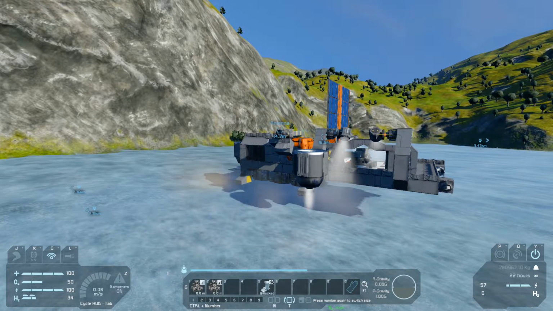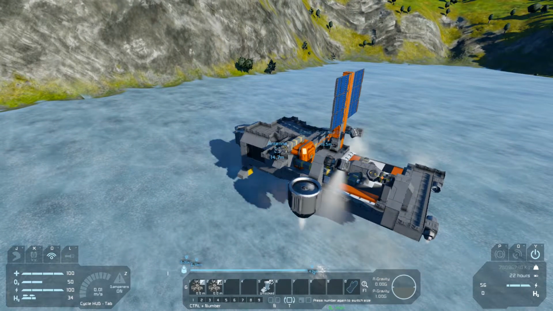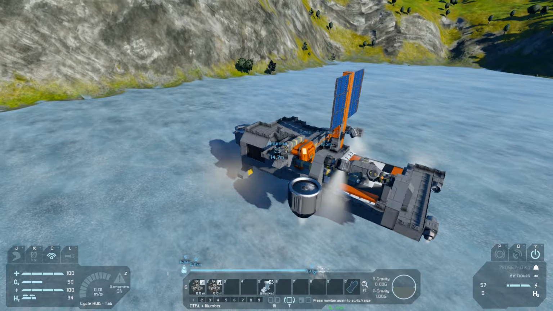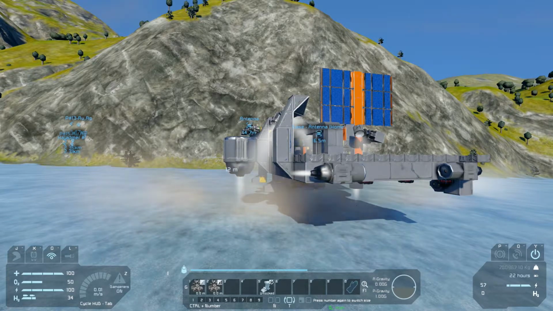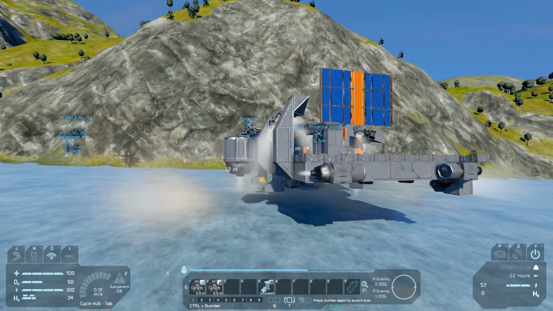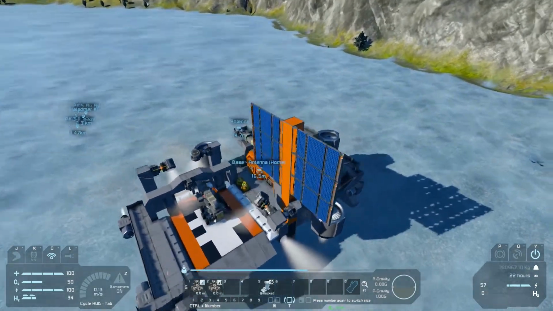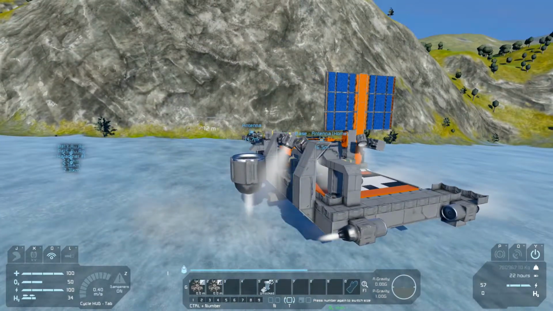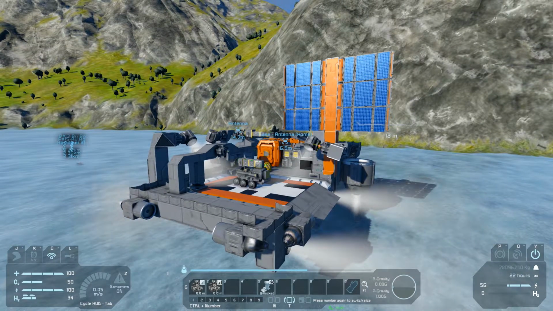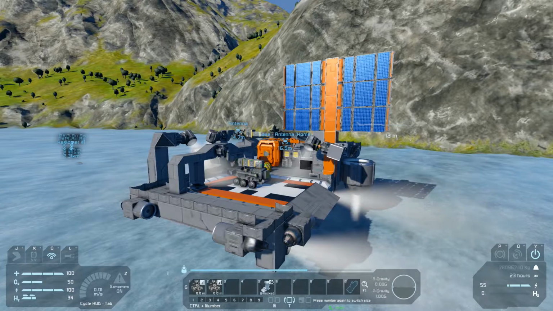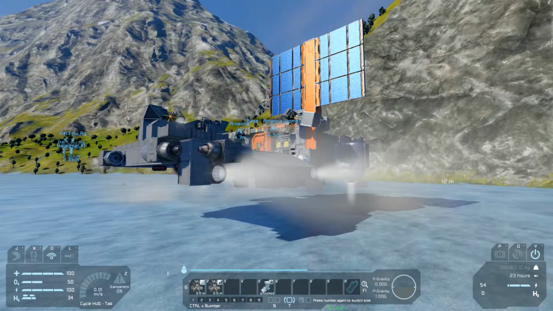Because it used to be that the thrusters didn't really care, and what they would do is they would apply thrust to the center of the mass, you know, to the center of the build. You didn't have to worry overly much about weight. You want your center of mass to basically be as close to the middle of your build as possible, but all of the vectors of thrust were applied to the center of the mass. So what I'm trying to do is to get this thing balanced enough